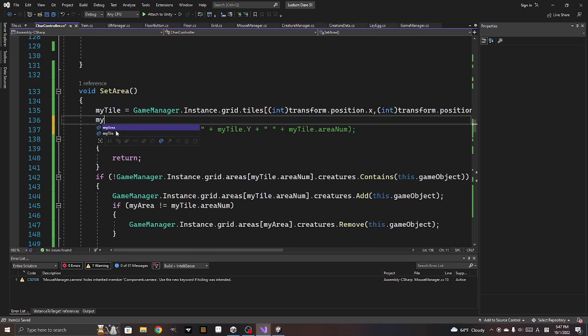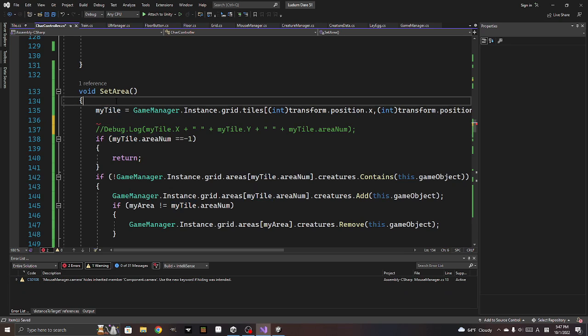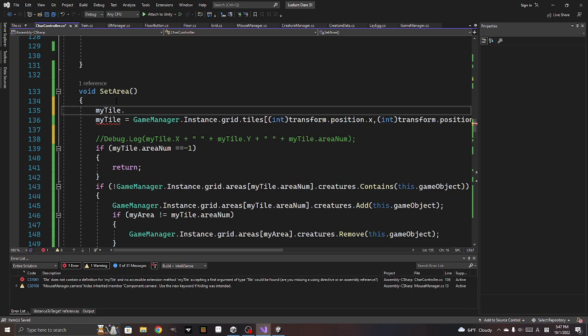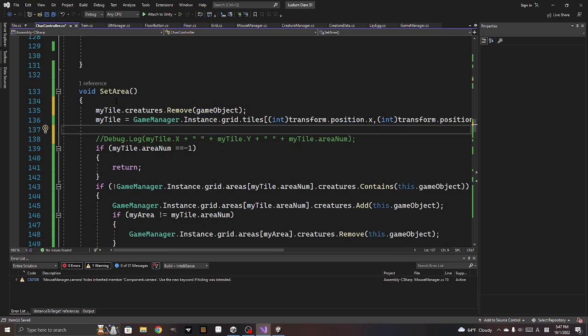We're going to say my tile dot, actually what we could do is Control X, Control V, my tile dot creatures dot remove, and we're going to remove game object. So let's remove ourselves, and then we're going to add ourselves back to it because it might change. To remove it, we add to it. So all we have to do is, instead of looping through them all, we just have to say if that